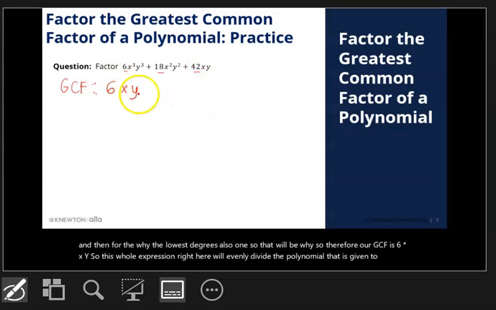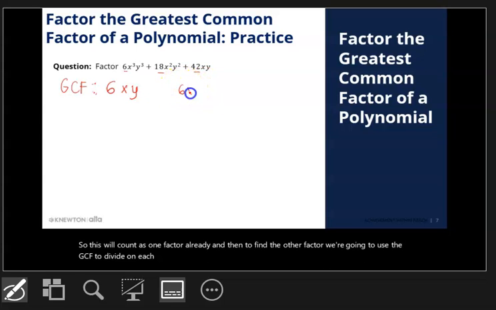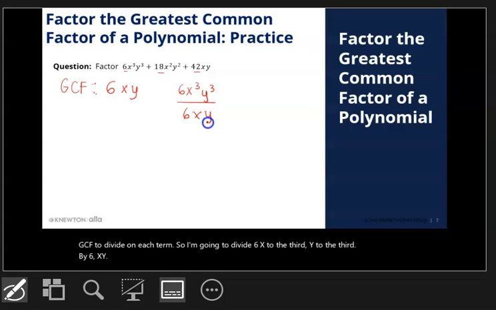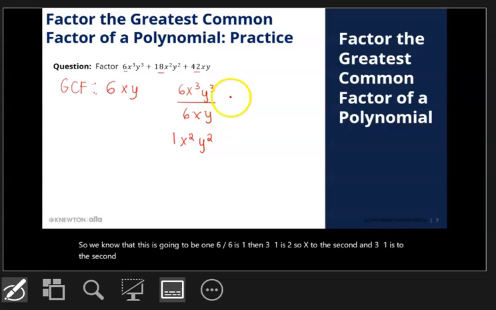So this will count as one factor already, and then to find the other factor, we're going to use the GCF to divide each term. So I'm going to divide 6x to the third y to the third by 6xy. So we know that this is going to be 6 divided by 6 is 1, then 3 minus 1 is 2, so x to the second, then 3 minus 1 is the second power, so that's also y squared,